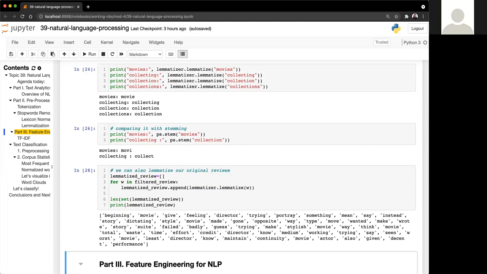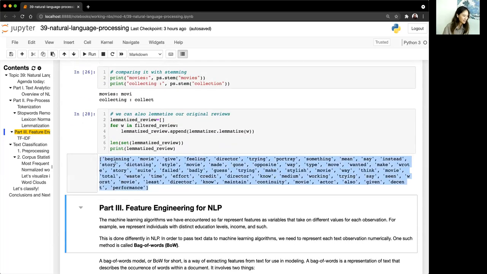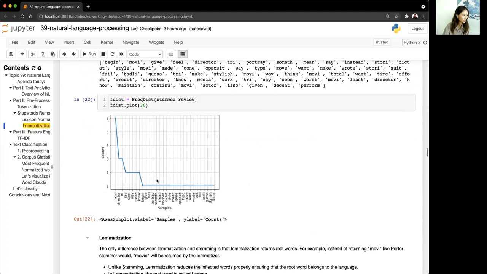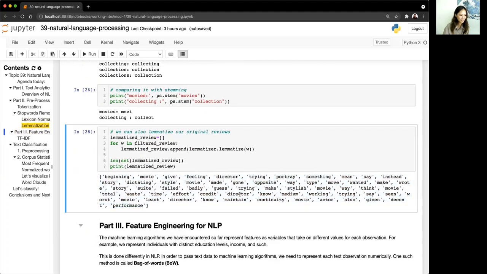Okay. Cool. So this is lemmatized. You can see that instead of having it look like this, where it's a lot of half words, we now have the full words over here. So those are the main noise reduction and data cleaning steps for NLP: removing stop words, basically semantically meaningless words, and also getting rid of some noise like plurals or words that pretty much mean the same thing.